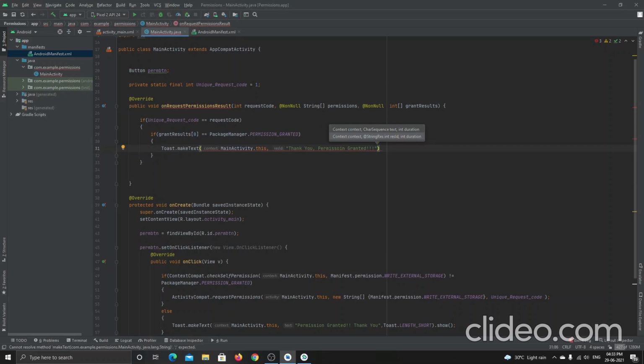Then this is how it works. Inside this I want to mention the toast length. Toast dot, and let it be short. And then I want to show the message.